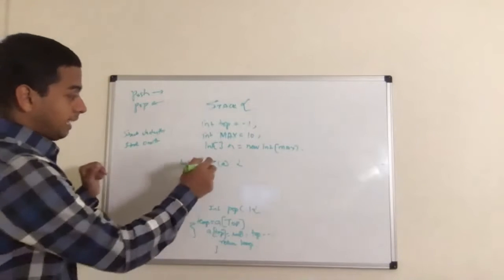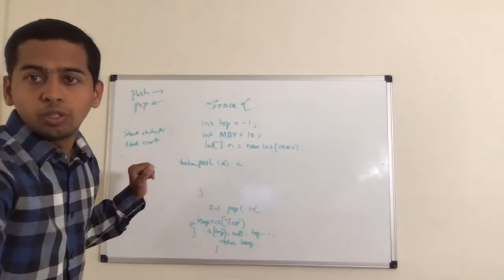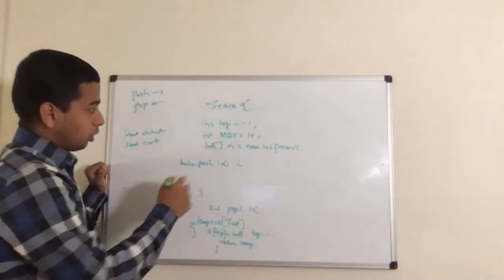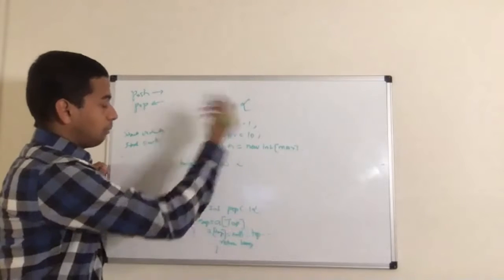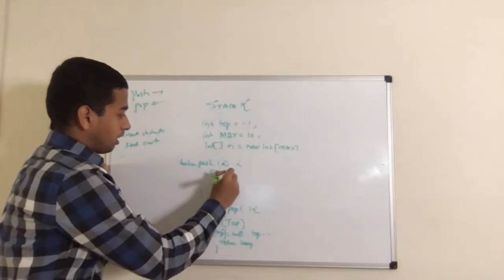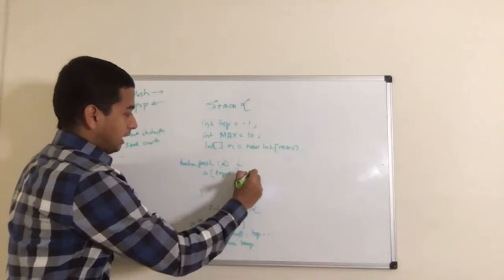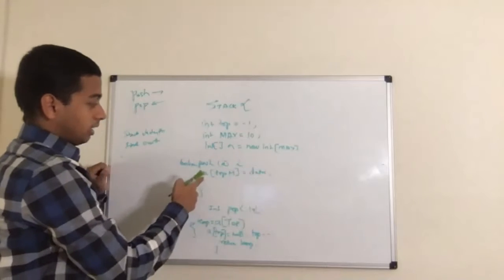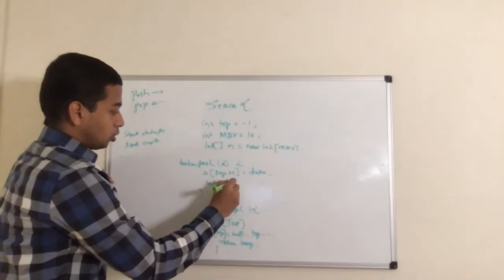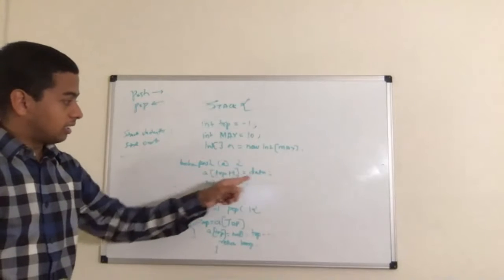When it comes to push, it takes an input. I'll just mute everyone. All right, so in the push operation, what is the key thing? We are going to insert something, so we have to increment the pointer. Currently, let's say A is at top. I'm going to increment the top pointer: A of top plus plus equal to the data value I'm taking from the input argument. I'm inserting it here and returning true. I have incremented the top pointer and inserted the data.